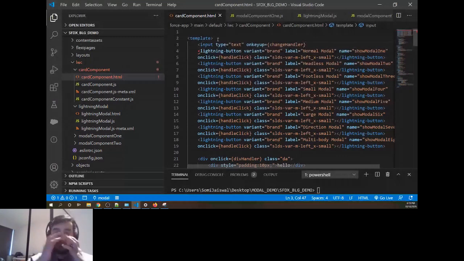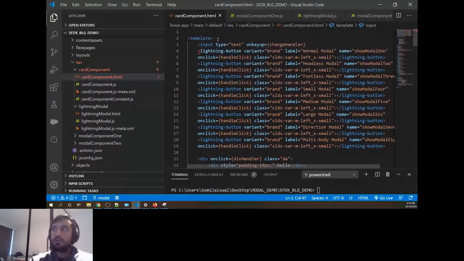Actually, the time LWC launched, they came up with two concepts, tracked property and untracked property. So you create a property. Suppose I create a property, data2 without track. Earlier, when it launched, it was an untracked property, so whenever something changed, you needed to add @track.